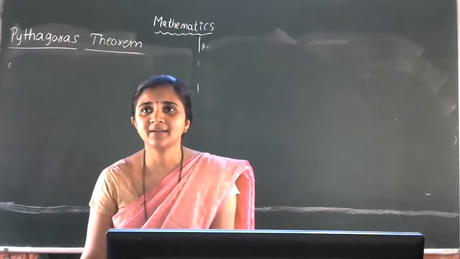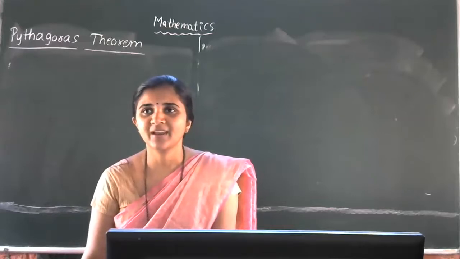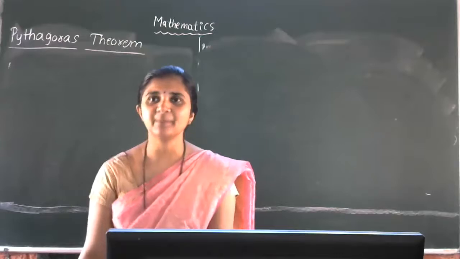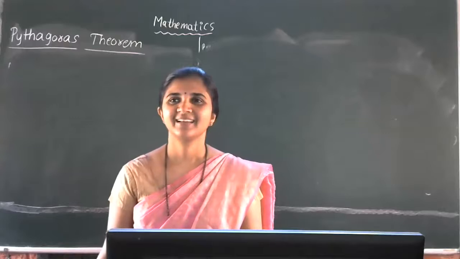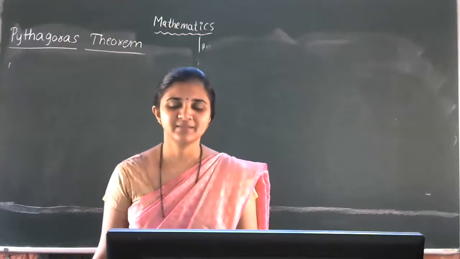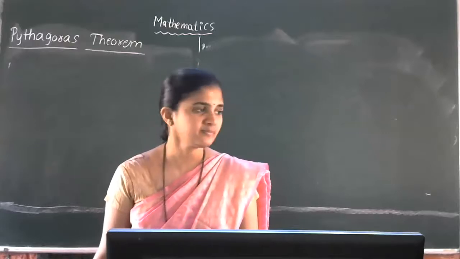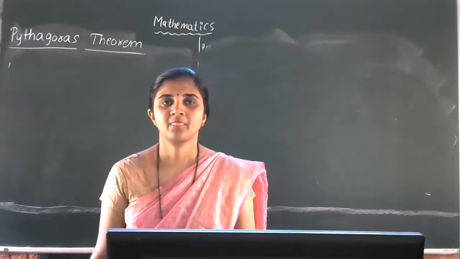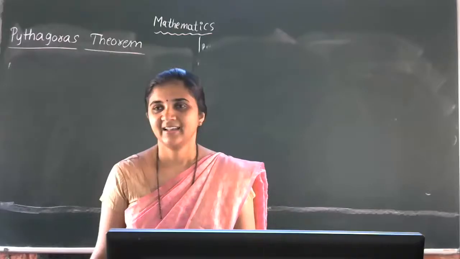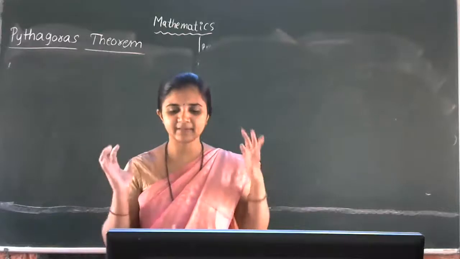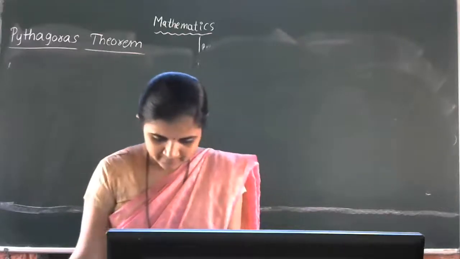The first problem is 7 centimeter, 24 centimeter, 25 centimeter. Always you have to take the longest side as the hypotenuse. So it must be balanced, that 25 square is equal to 7 square plus 24 square. If it balances, LHS is equal to RHS, then we can say that 7 centimeter, 24 centimeter, 25 centimeter is a measurement of a right angle triangle. Otherwise, it is not a measurement of a right angle triangle.